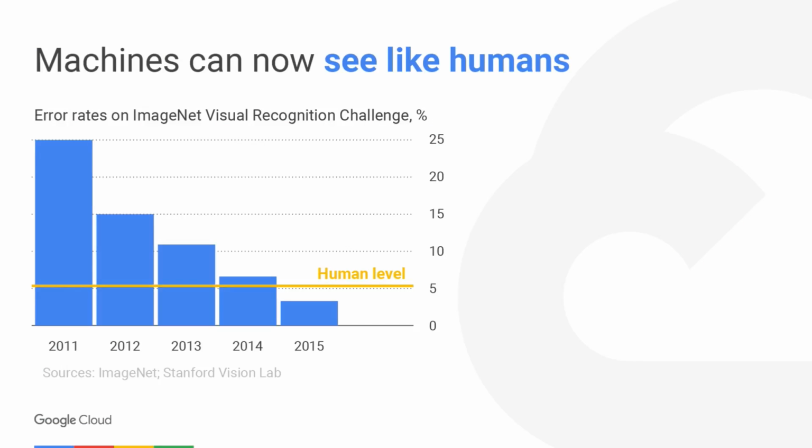And the Vision API accuracy is actually very, very high. So machines can now see like humans. This is some old data, as you can see, from 2015, so we're constantly getting better at it. But in terms of identifying images at scale, the Vision API may actually be even better than, or comparable to, what a human can do. So in terms of recognizing pictures, the Vision API is actually quite advanced.